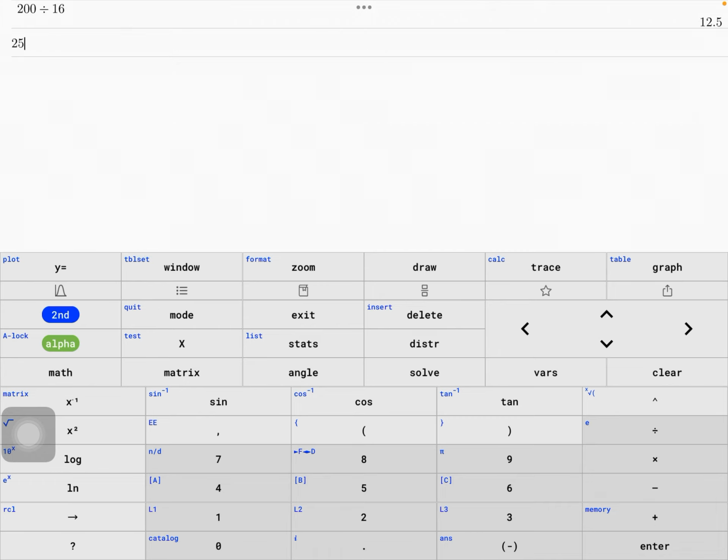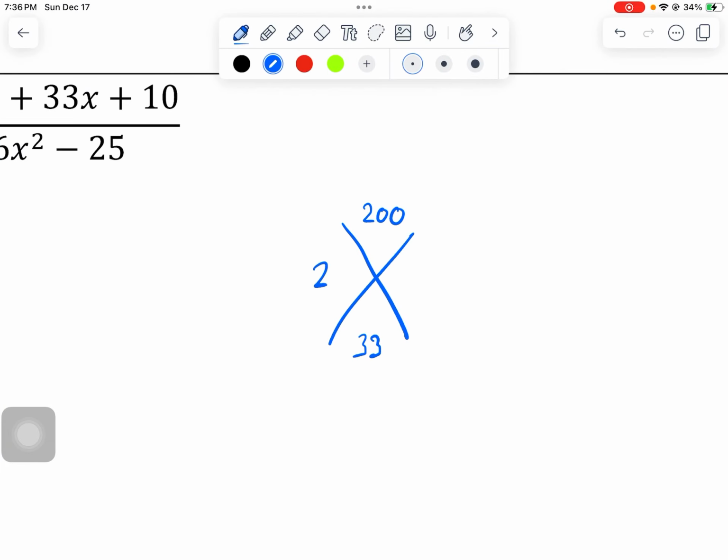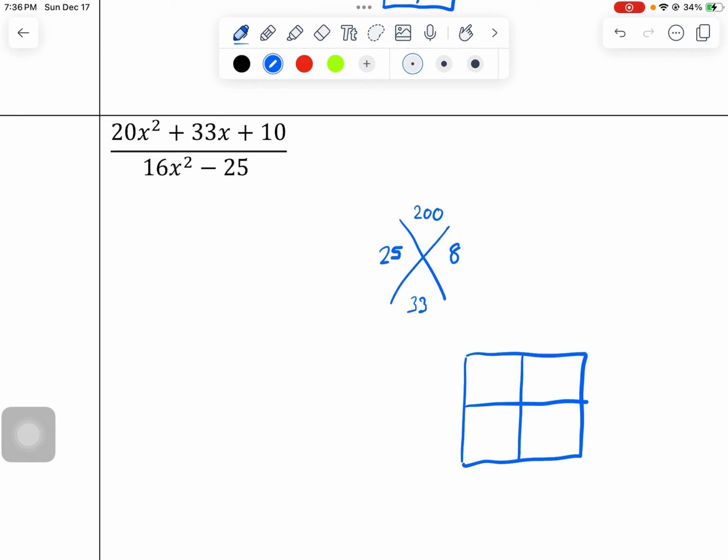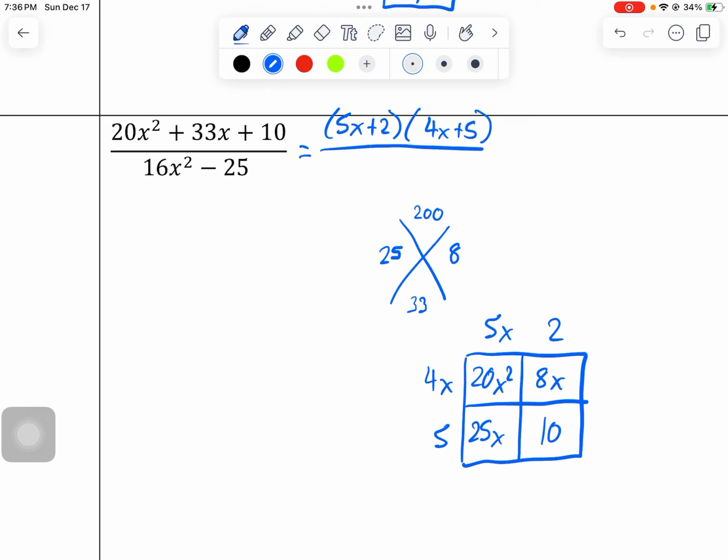Oh, I know what it is. Duh. 25 and 8. 25 times 8. Okay, my bad. Doing this on a Sunday night here. All right, so we'd get 25 and 8. So then we'd have 20x squared, 10 here, 25x, 8x. We'd get 5x, 2, 4x, and 5. So then this would be 5x plus 2 times 4x plus 5 over, and then this is